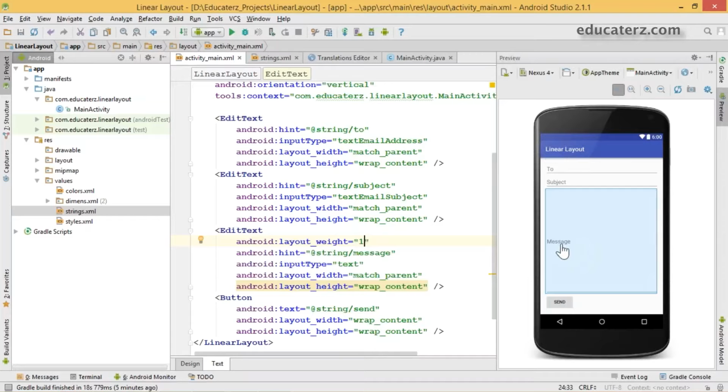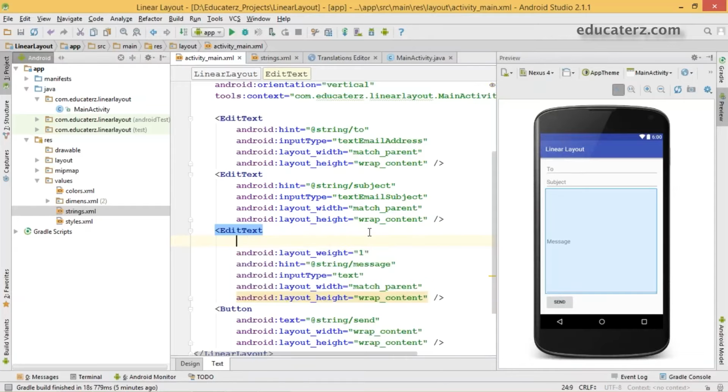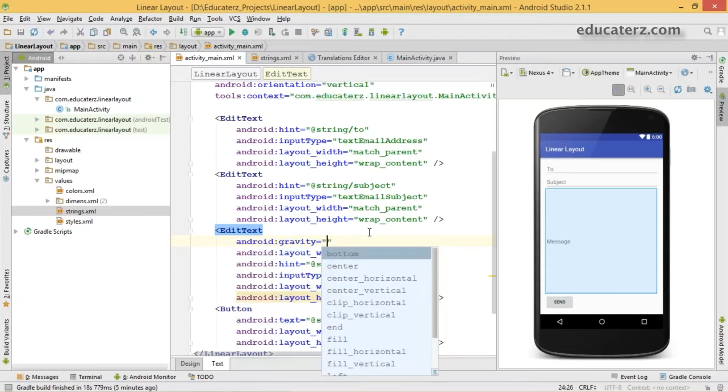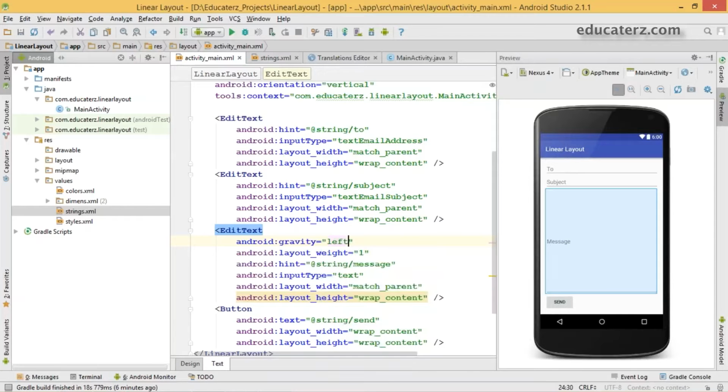But if you observe here, the message text is centered, and it should actually be in the top left corner. So just take the gravity. Instead of layout gravity, we are using gravity because the content is going to be aligned within a view. My view is the edit text here, so I'm going to make it left.